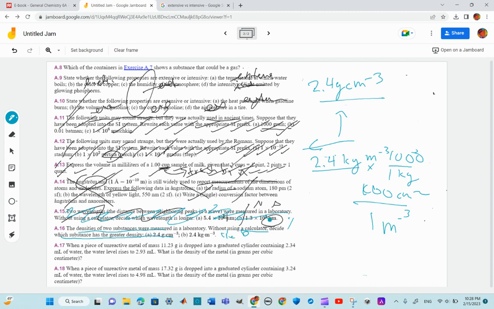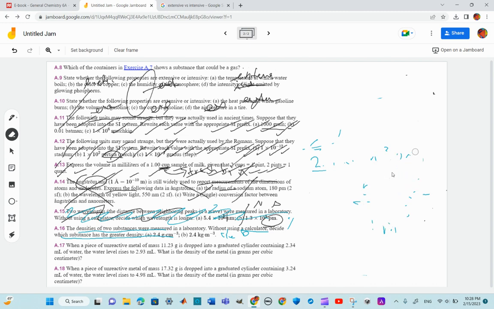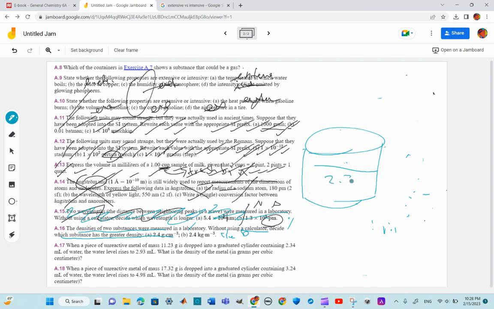So that's the answer. That question sucks, not because it's not in the scope. The density is in the scope of this. Yeah, just a weird question. When a piece of unreactive metal, 11.3, is dropped in a circular container like this, 2.3. What kind of question is that? The water rises to 2.943, which means